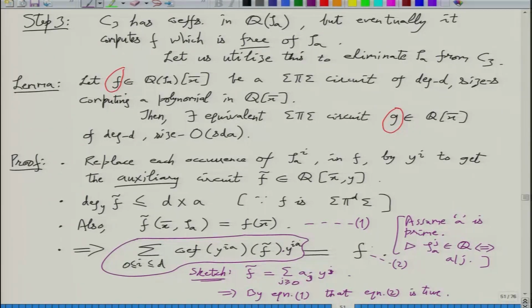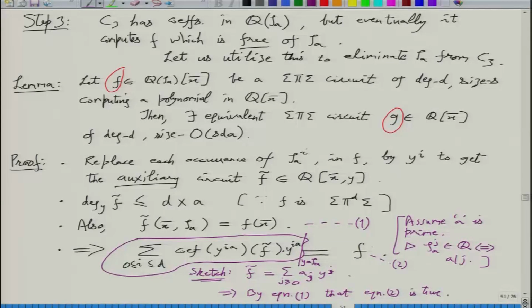And this is what you are evaluating at y equal to zeta a. So it is actually this part of f tilde where you are substituting y equal to zeta a, and so the sum of these coefficients will become equal to f. All the other parts of f tilde don't contribute anything. All they can contribute is 0. Right? If the other part contributes something non-zero, then that complex thing cannot be cancelled by the real things, right? And f is real. Is that clear?